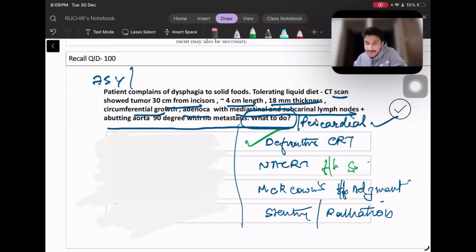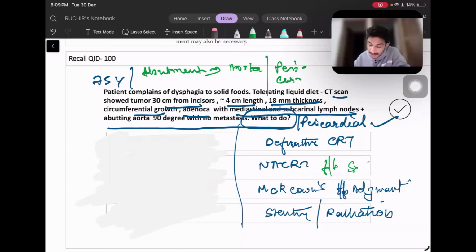Yeah, so now the options are okay, right? Definitive CRT, neoadjuvant followed by CRT, surgery followed by adjuvant, and stenting and palliation. Was involvement or abutment given? I think there is a lot of confusion in the recall. Okay, so again, abutment with aorta and pericardium. See, abutment. Yeah, so if it was given with the aorta 90-degree with mediastinal subcarinal lymph nodes,